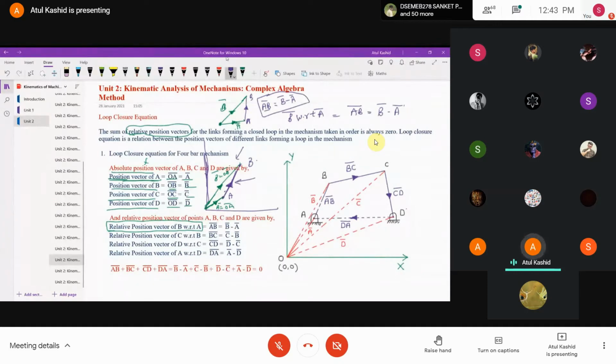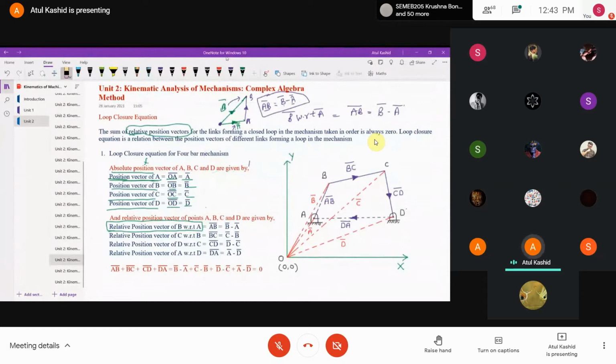When I'm drawing the AB bar, I can see these two vectors A bar and B bar are joined at the tail over here, right? So if I want to write down the equation for vector AB bar, I have to see the next vector. The next vector to this AB bar is B bar, and the initial vector is A bar. So AB bar will be equal to B bar minus A bar, right? You can do this for the different links also.